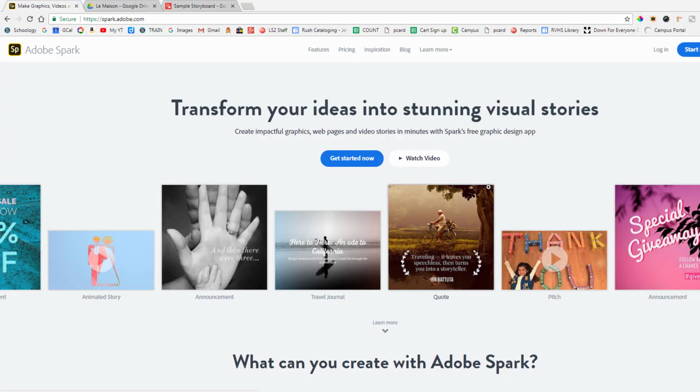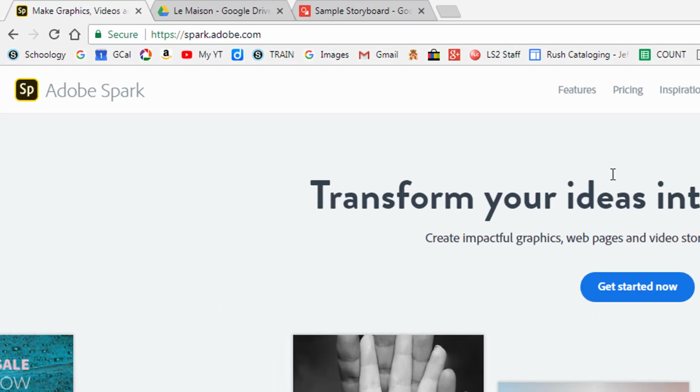Adobe Spark is an online video storytelling tool that allows you to easily create a short video using pictures, text, voice narration, and short video clips. And best of all, you don't need to have any fancy video editing skills to create a really nice, polished project. To begin, go to